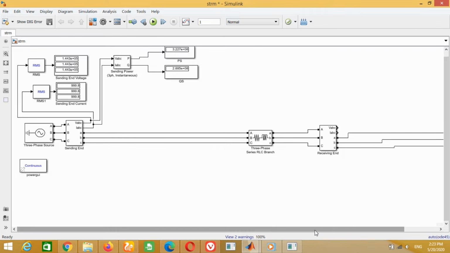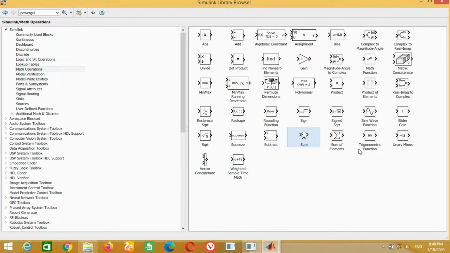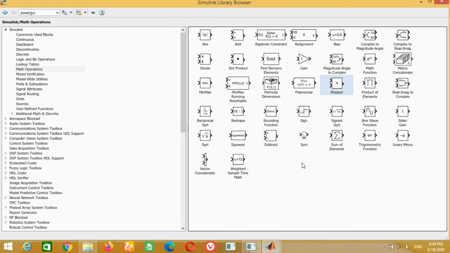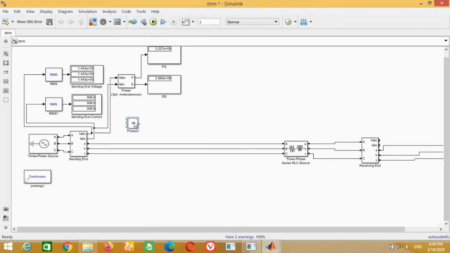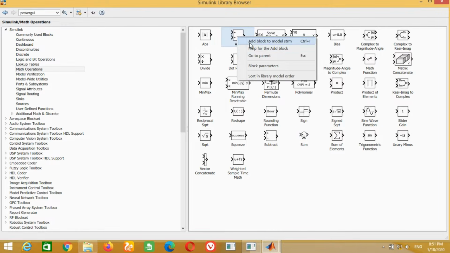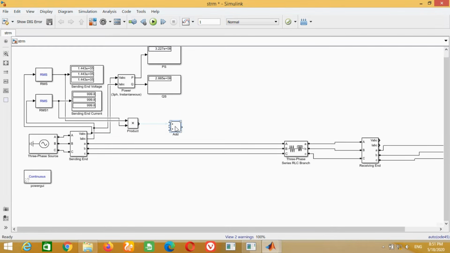Now we have to measure the apparent power at the sending end side. We know that S is equal to V into I. So for this purpose we need a product block to multiply V and I, and then we need a summer block. Now connect the display to measure the apparent power at the sending end side.